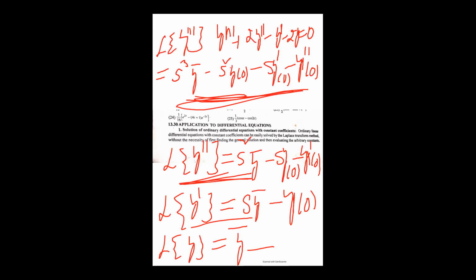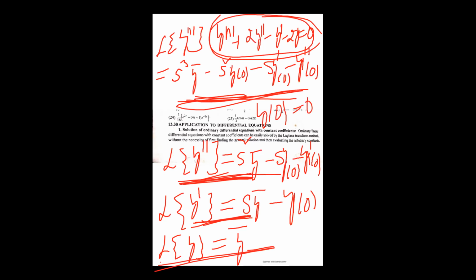Okay, this is the problem given to us. We have to apply Laplace to the given problem and expand it: first term, second term, third one, fourth one. The four terms are the expansion. After replacing the values, we have y of 0 equal to 0 and y dash of 0 also 0, y double dash of 0 equal to 6. After substituting these values, we have to calculate by using the partial fraction method, then apply the inverse Laplace transform.